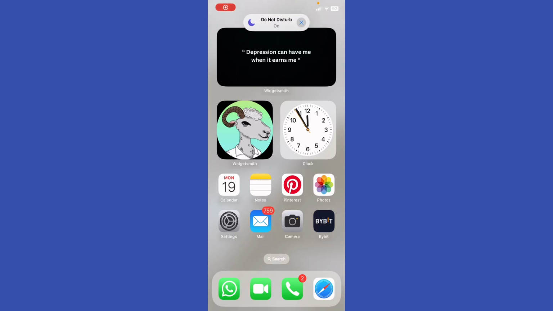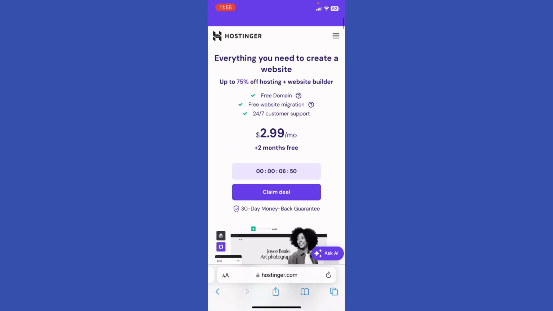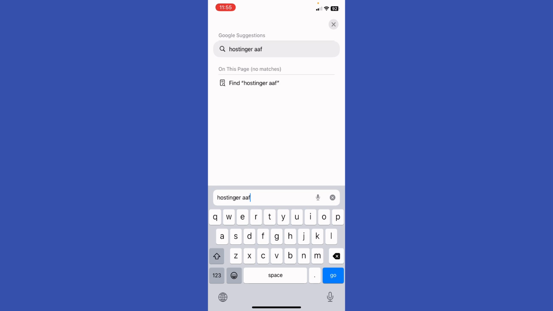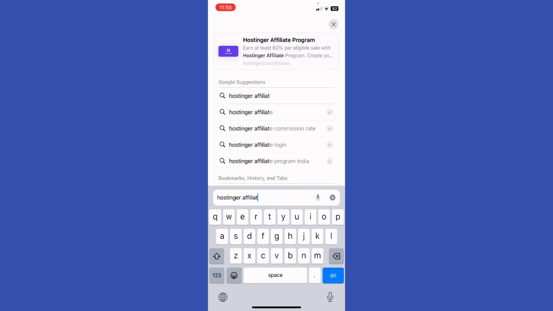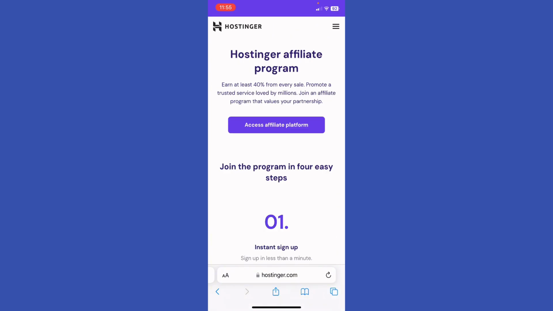My name is Adam. How to withdraw your payment on Hostinger. So first of all, log in to your affiliate account. Go to the Hostinger affiliate dashboard. Just type right here Hostinger affiliate. Okay. And then basically what you're gonna do, log in with your account, ensure your earnings meet the minimum